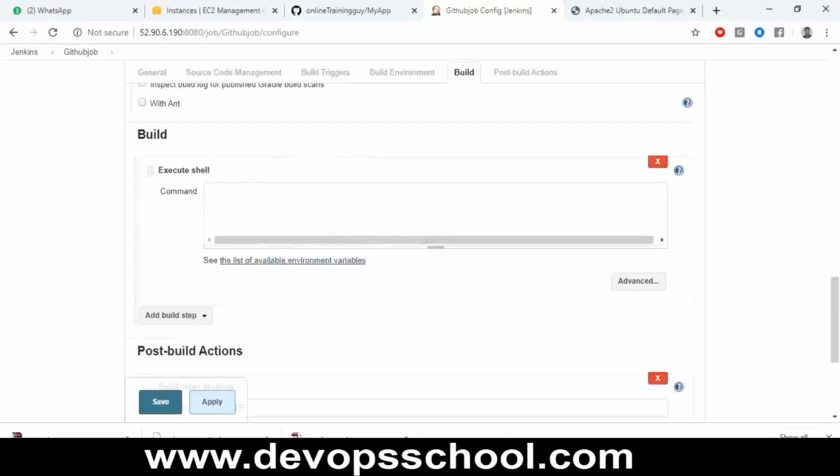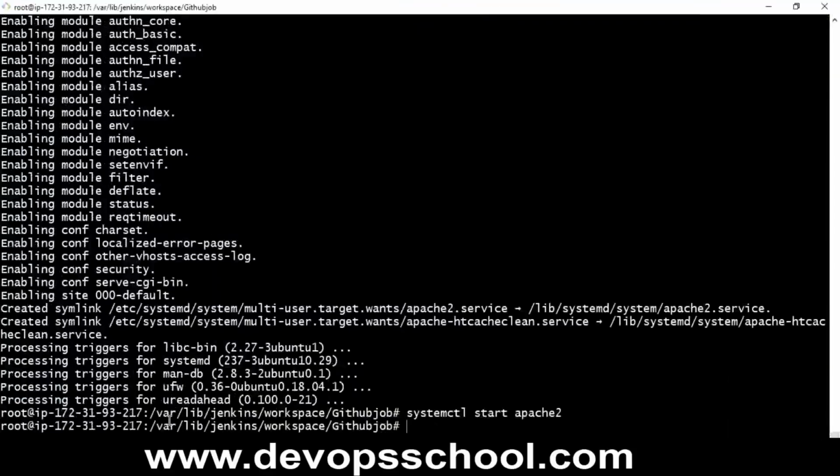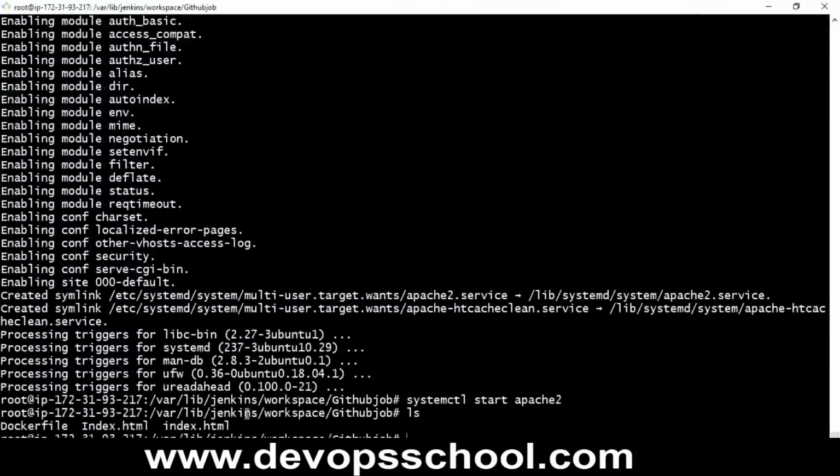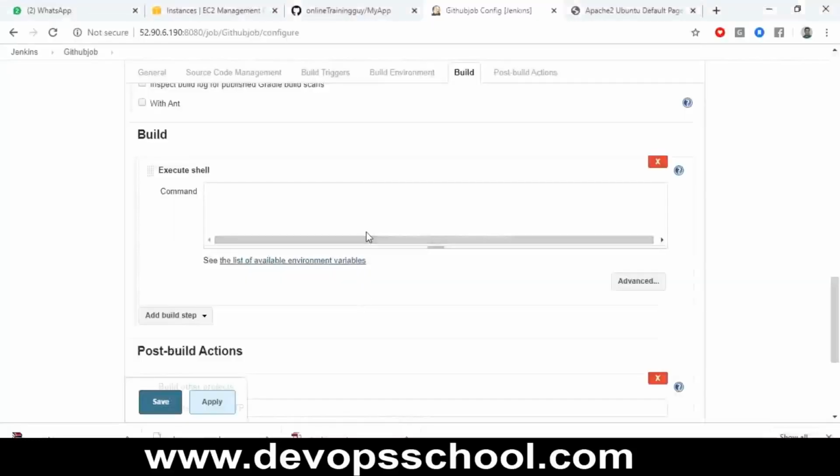that file is copied from, so my job is here, right? Git job. If I say ls, so my files are here, so I will copy index.html from here to my var folder. Okay, so here what I am writing, sudo copy the file, this index.html,